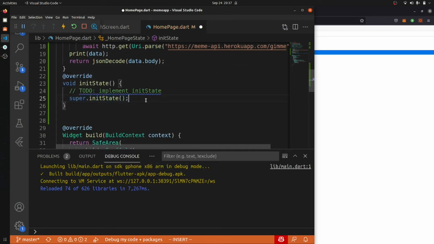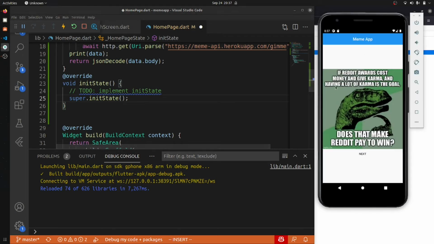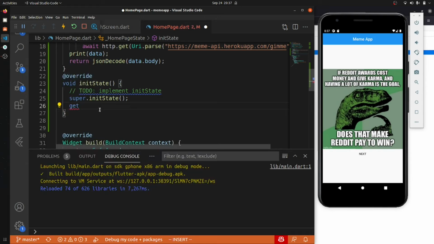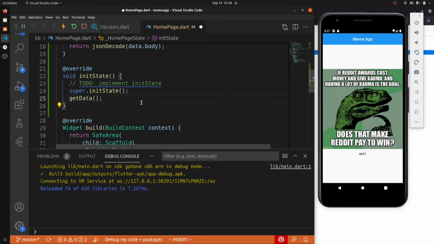Every time this page loads, it should call our get data function, not this get data. It should call this get data.